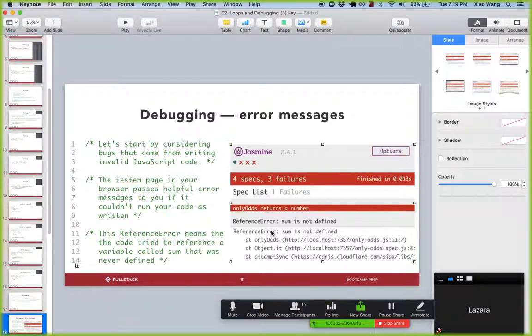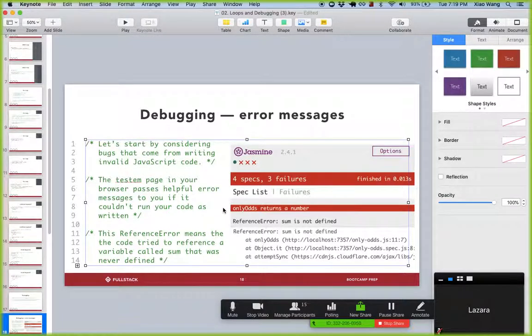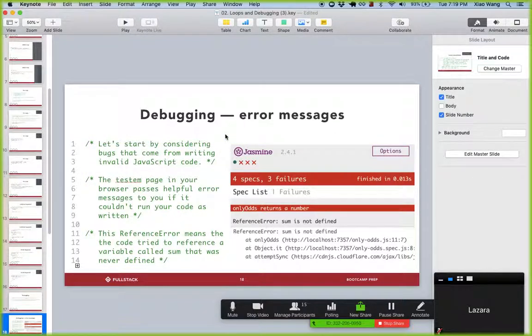Secondly, this line up here will usually tell you what the error is that we're seeing. In this case, we're seeing something called a reference error. A reference error occurs when you're trying to use a variable that you either, one, have not created yet, or two, do not have access to at the point in which you're trying to use it. Or three, and this is probably most common when you're first starting off, you just misspelled the name of the variable. Okay,